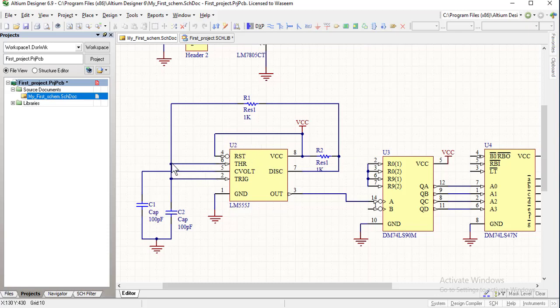Actually, we want to eliminate these crossovers by placing the pins of the LM555 timer at appropriate positions in order to remove these crossovers. So just see the steps that I follow to eliminate these crossovers.